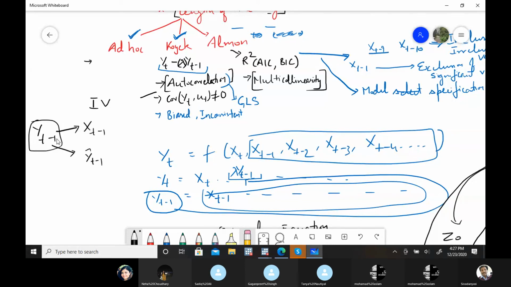First you run yt minus 1 on all the x variables, and that predicted variable you use as a proxy, as an instrumental variable, because there is no reason that it may correlate with the residual term. So definitely in large samples your results are unbiased, not biased. That's the answer for this autocorrelation and covariance problem: you have to pick some instrumental variable.